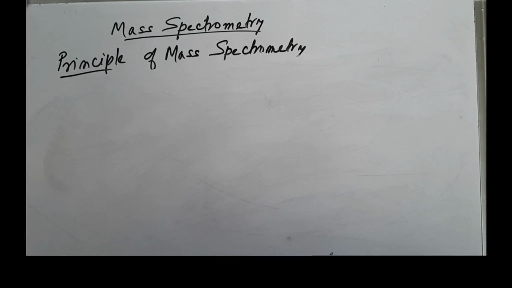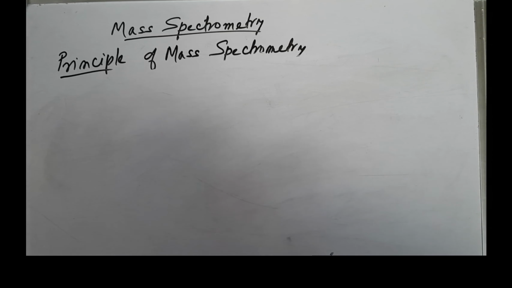So today, good morning. Today we'll have a lecture on mass spectrometry. I'll first tell about the principle of mass spectrometry. The basis of mass spectrometry is the production of ions from neutral species or neutral molecules and the examination of these ions, the composition of those ions.